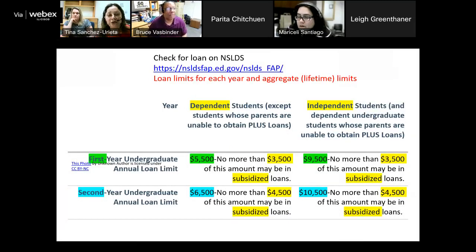In regards to the disbursement amount, a student that is dependent can obtain a subsidized loan from 3,500 to 5,500. Whereas if the student is independent, it's a little higher. They can obtain up to 9,500, with a minimum of 3,500, for the first year when they start as a freshman. The second year,